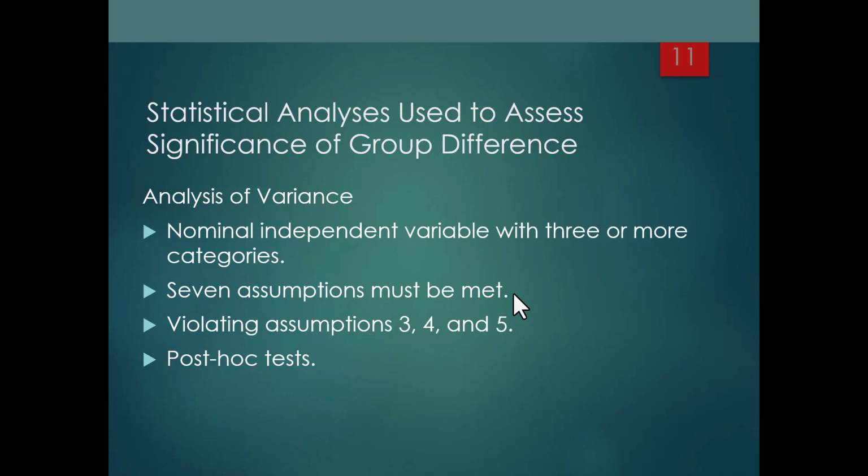So the difference between the ANOVA and the t-test is basically you have more than two groups. T-test is used when you have two groups. ANOVA is used when you have three or more groups. Okay, so ANOVA is basically just an extended version of the t-test. A t-test is used when you have two groups. ANOVA is used when you have more than two groups. Okay, so